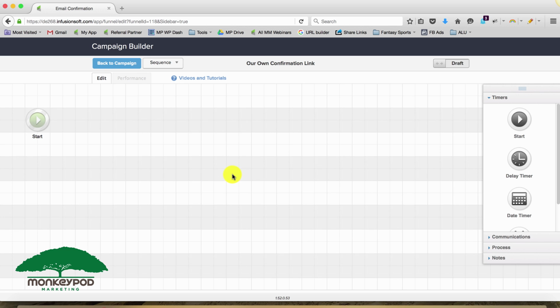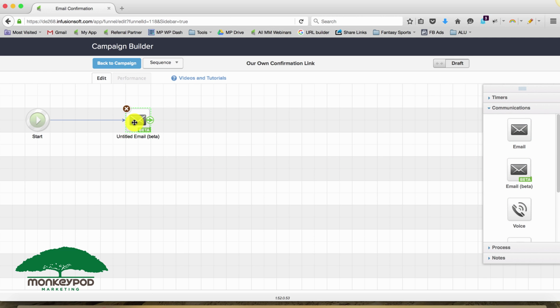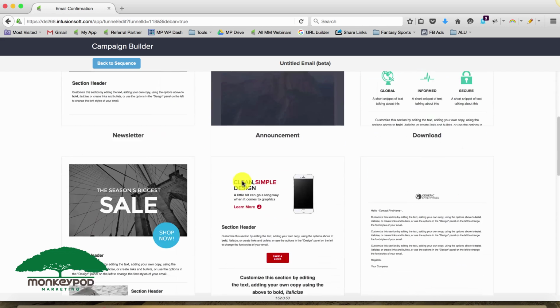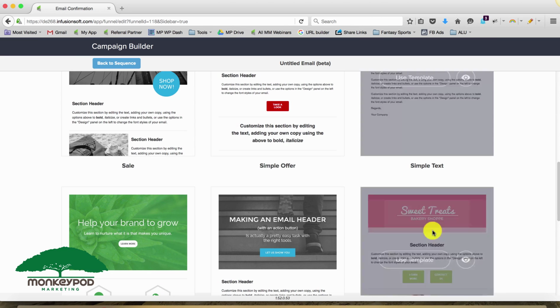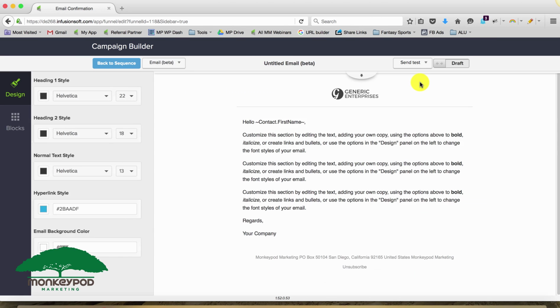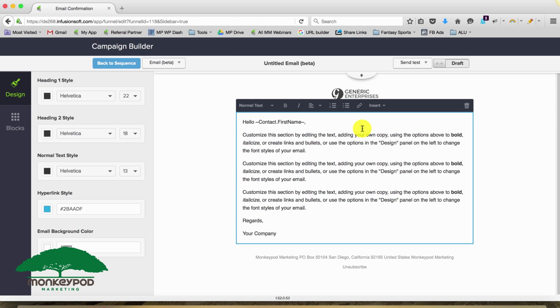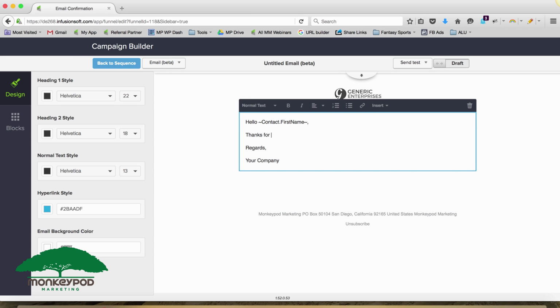And now we can go in here, and we can bring out either of the email snippets. And once we've selected our email snippet, we can build our own confirmation email with whatever language we like using that merge field. So let's select, I think there's a simple one in here. I'll just use that for now. And we'll say something really straightforward like, thanks for your interest